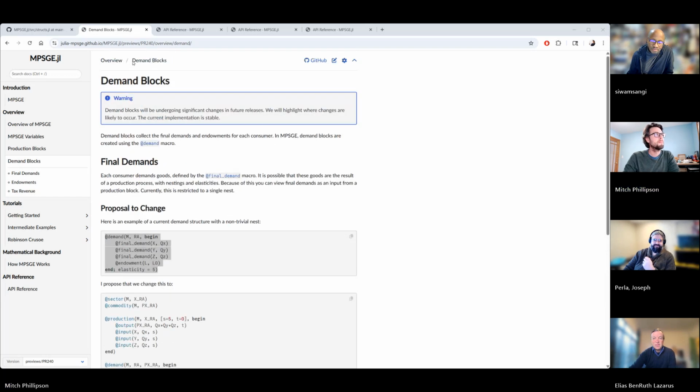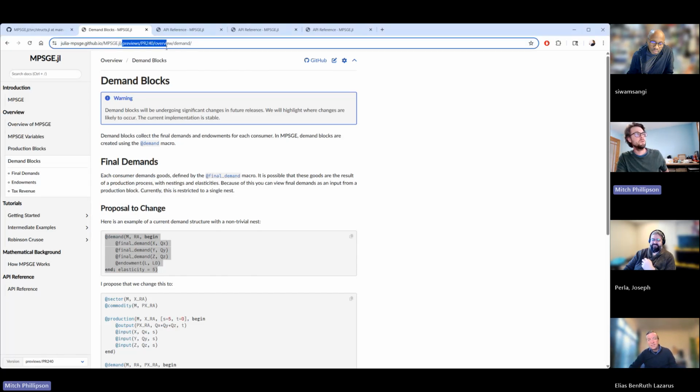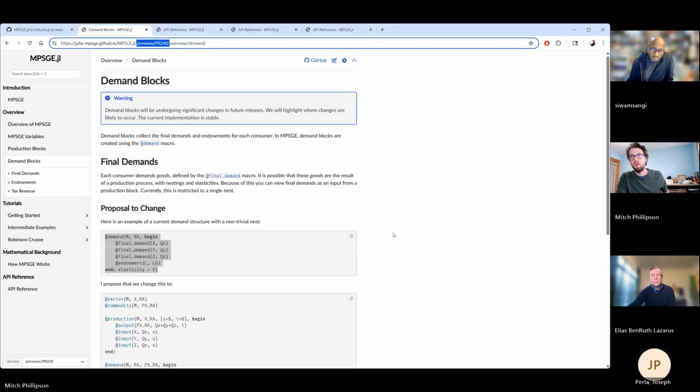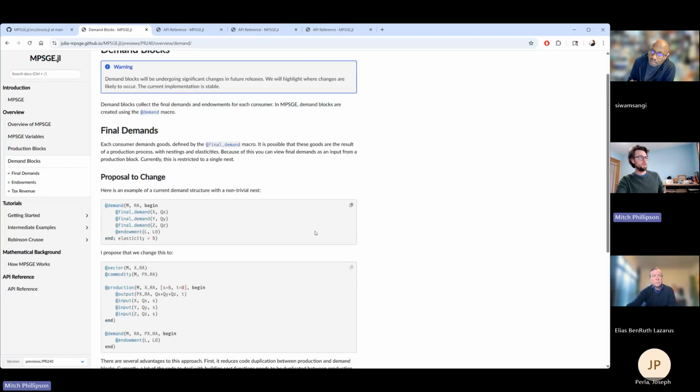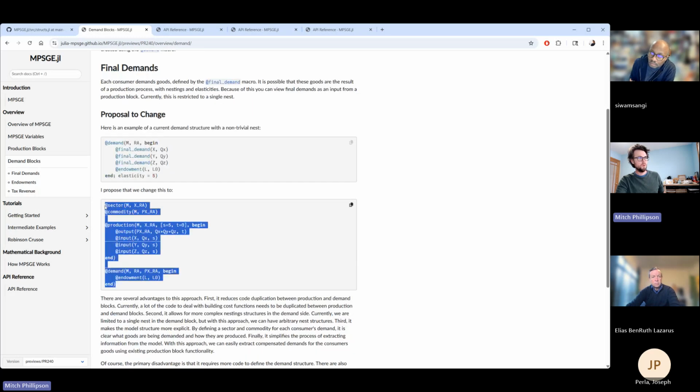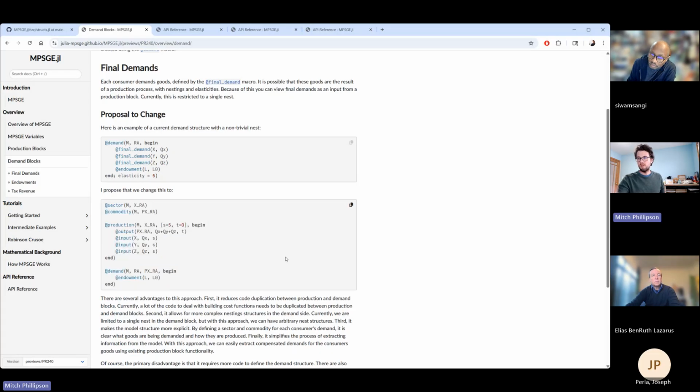So, I'll just quickly recap for Eli. I'm writing documentation today, which Eli's going to clap and thumbs up. This isn't a branch, it's in previews PR 240. I'm giving an overview of variables and productions, and for demands, I'm discussing potential changes for the future. So Eli, your team is to make this be more like a production block, and I'm sort of team make demands be its own thing and offload the production somewhere else. Do you want to go on record and give your